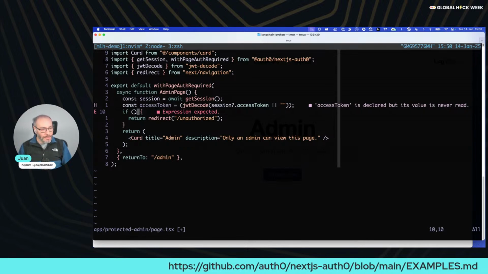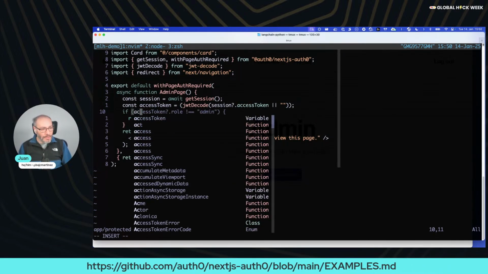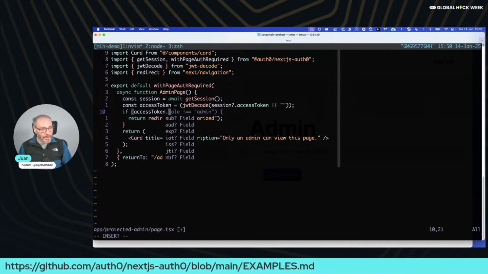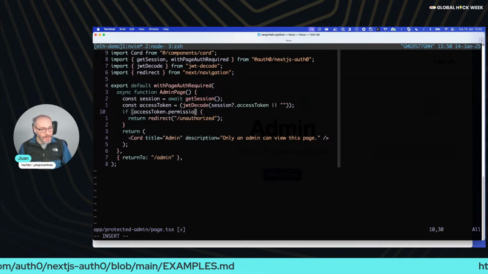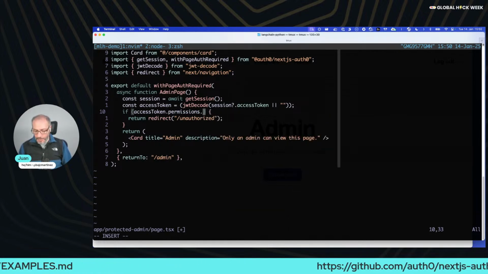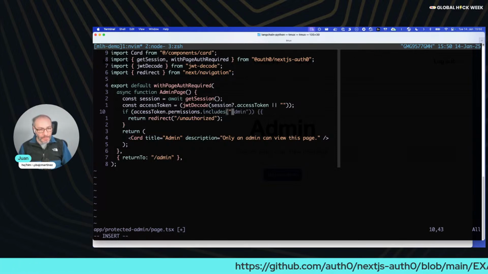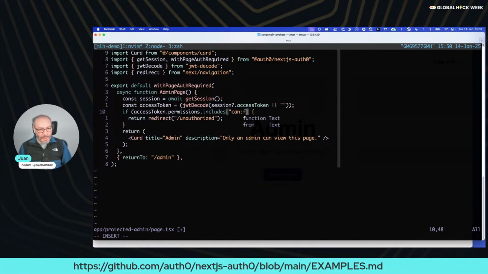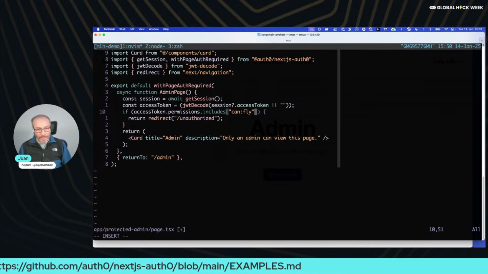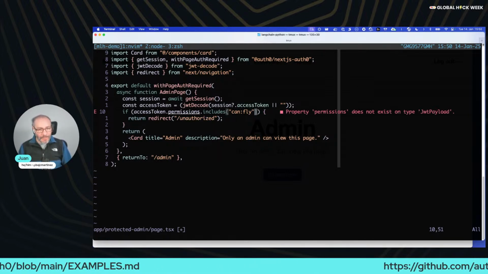There we go. And now we can do accessToken.permissions.includes, and we can check if it includes, I think we called this canFly, one of the example permissions. So if the user can fly,